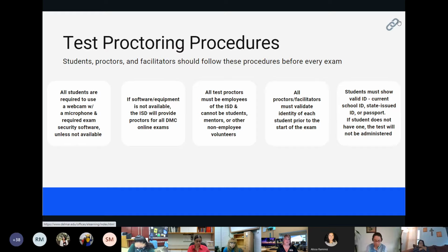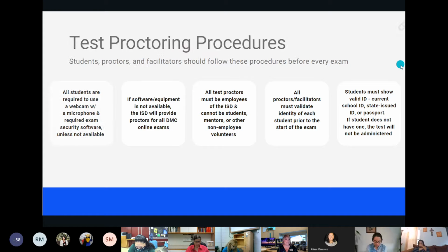And the importance of validating a student's identity prior to the exam is critical, so that, once again, we can ensure that it is the actual student who is demonstrating their knowledge and or skill as it comes to the content matter being tested on. So students must show a current ID, be it a state-issued ID or a passport, but if they don't have one, unfortunately, we can't proceed with taking the test. So that identity being verified is critical. So going on to the next slide,